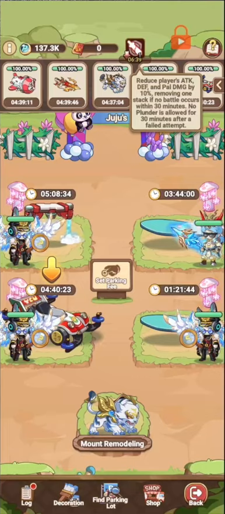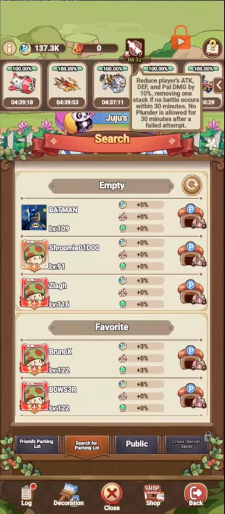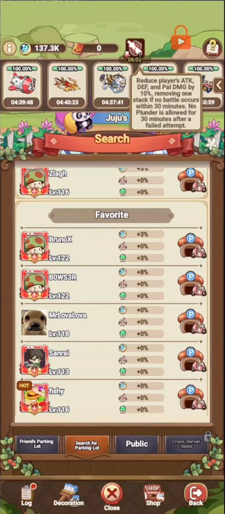There's a maximum of 5 stacks. If you have 5 stacks and then let's say you lose the battle, you actually have a 2-hour cooldown when you can't attack anyone. So that's pretty important to note, because you really don't want to be choosing anyone where they could probably defeat you, because then you'll have 2 hours where you can't collect any coins from the other